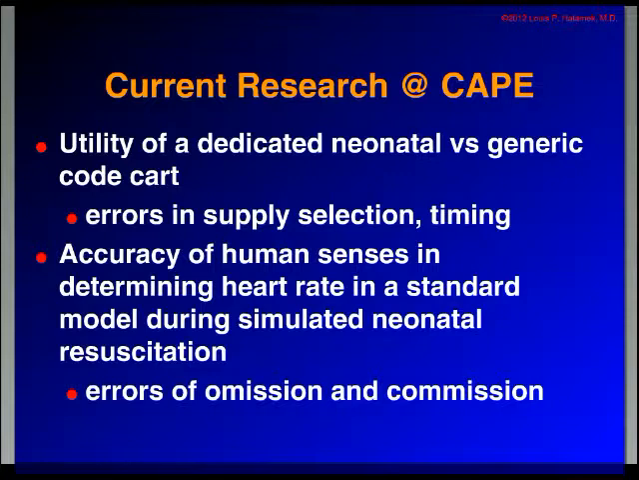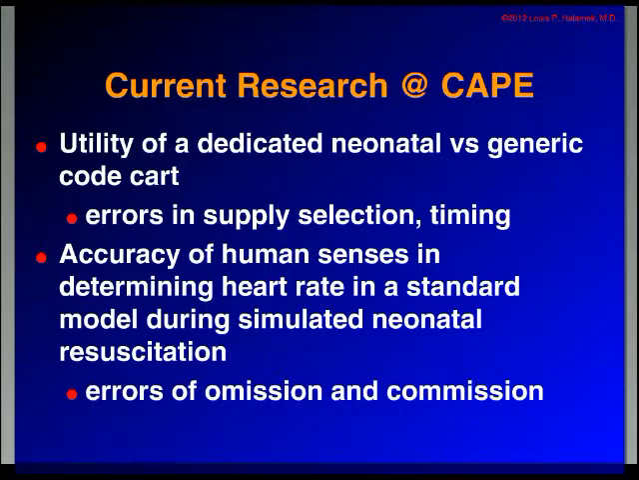publication. Ritu also undertook a study, and I should say Anand Rajani played a role with that study, also a lead role with the code cart study. Ritu focused on looking at the accuracy of human senses in determining heart rate in a standard model during simulated neonatal resuscitation. She did a very interesting study where she compared